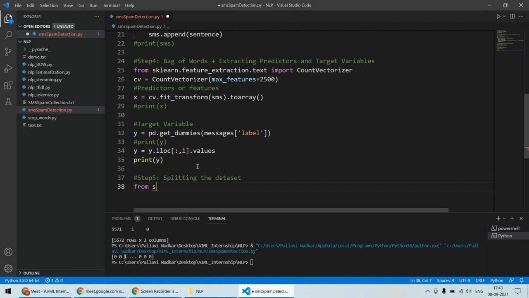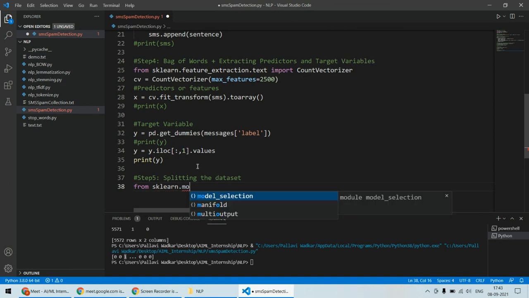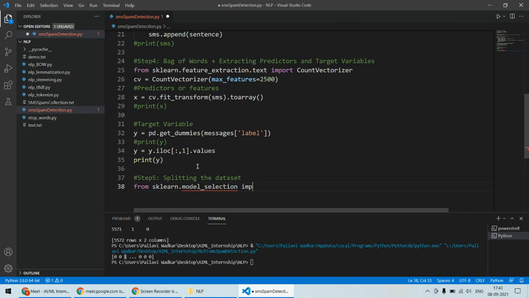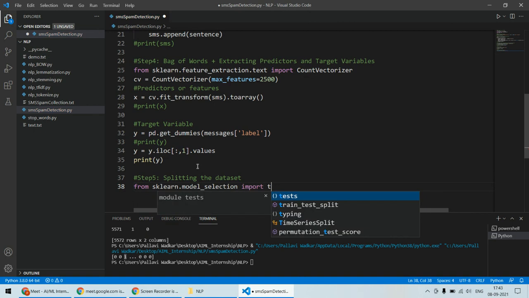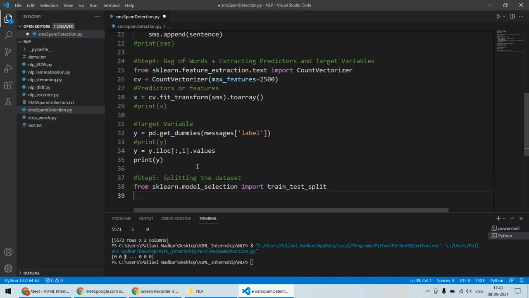डेटा सेट को स्प्लिट करने के लिए आपको पता है कि हमें एक लाइब्रेरी यूज करनी पड़ेगी, sklearn.model_selection। इसके अंदर से हमें इंपोर्ट करना होगा train_test_split फंक्शन, राइट। और फिर इससे बनेगा x_train, then second will be x_test, then third will be y_train, and next will be y_test, right। तो ये सारे वेरिएबल्स हमारे यहाँ से बनेंगे, and all these variables will be further used to train the data and evaluate the performance।